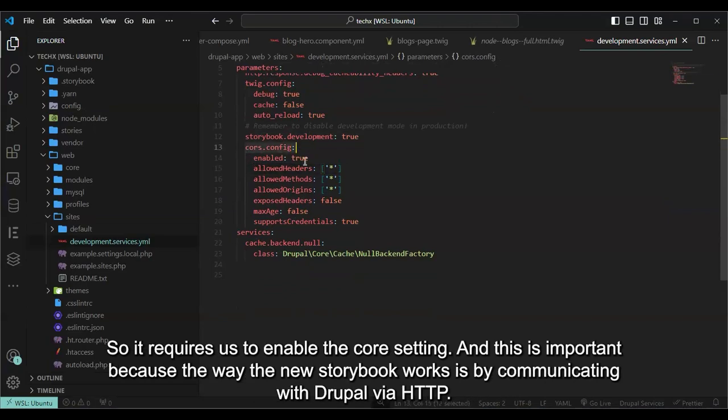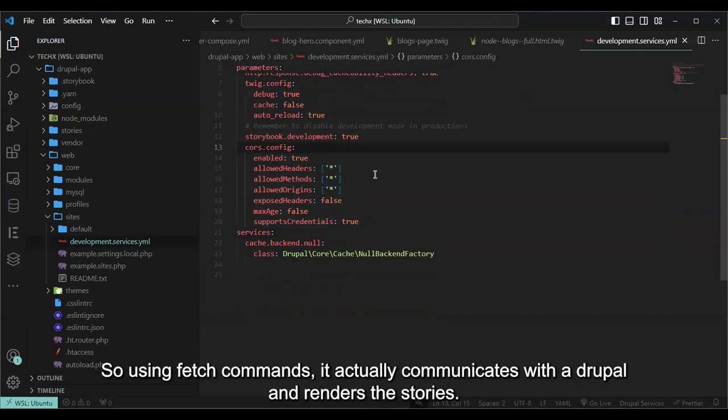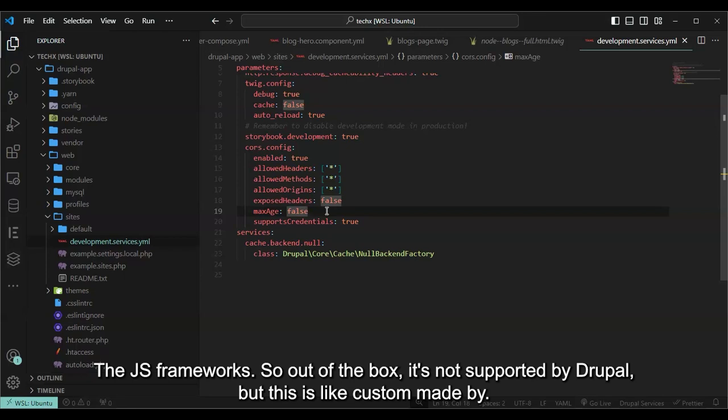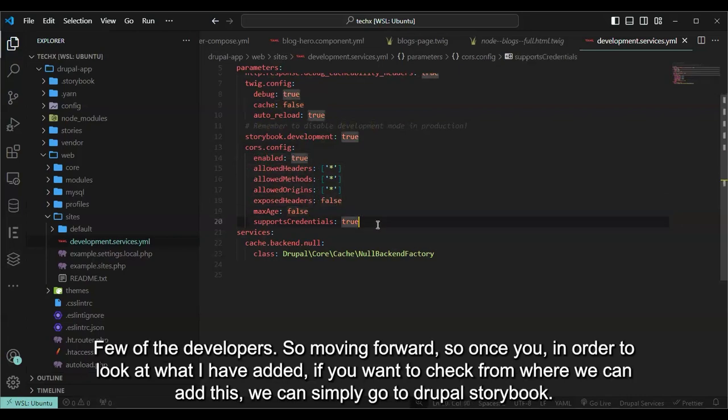It requires us to enable the core setting, and this is important because the way the new Storybook works is by communicating with Drupal via HTTP. So using fetch commands, it actually communicates with Drupal and renders the stories. So it's not how traditional Storybook works. Storybook was mainly created for modern JS frameworks. So out of the box, it's not supported by Drupal, but this is custom made by a few of